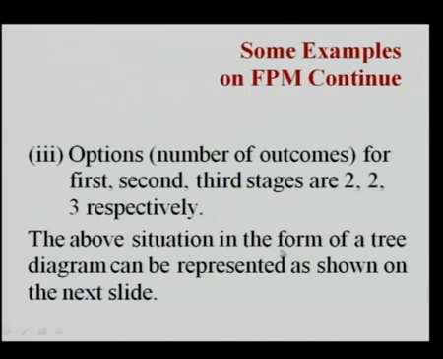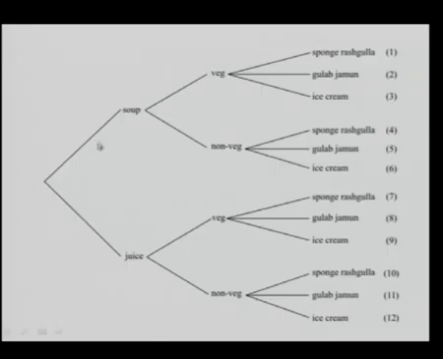So the above situations in the form of a tree diagram can also be written as: in the first phase, we can choose either soup or juice. If we go for the soup, then there are two options: with soup, we can go with veg or non-veg in the main course. And if we go with veg, then there are further three options for desserts: sponge rasgulla, gulab jamun, and ice cream. So in this tree diagram, we see that in total we have 12 options,